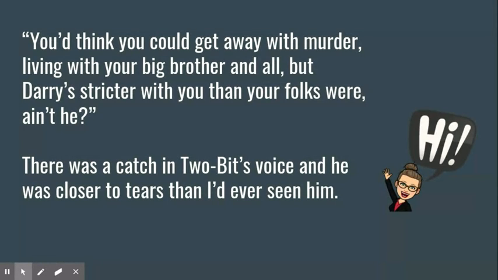What's being compared in the second sentence? Two-Bit is close to crying. When I read that, I see a boy whose eyes may be watering or turning red and with a sad expression on his face. I also know Ponyboy has never seen him cry, but he has seen him close to tears before. However, this moment he is more close or closer to crying than the times before. Writers use comparisons to create rich images drawing on what the reader